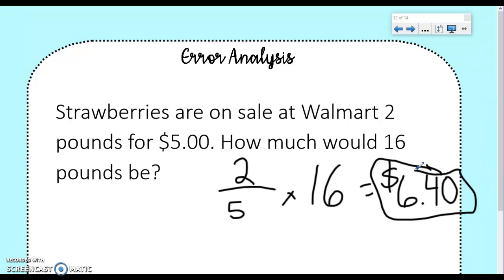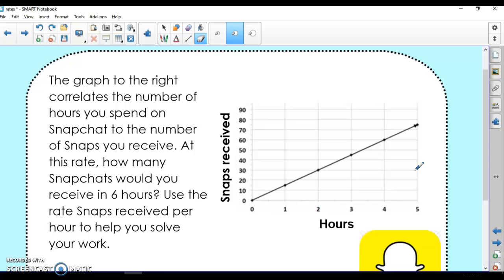Okay, how would you solve it? And can you think of another way you could solve this, either with a visual or a chart? Go ahead and try that on your own. All right, after you have solved that problem that we just did, go ahead and start this one with me